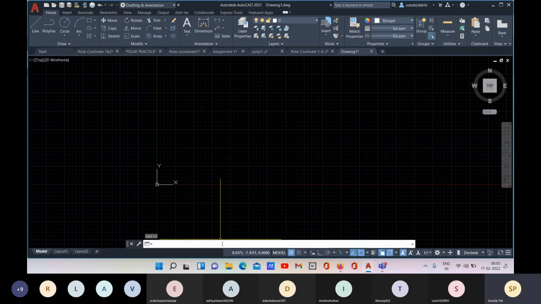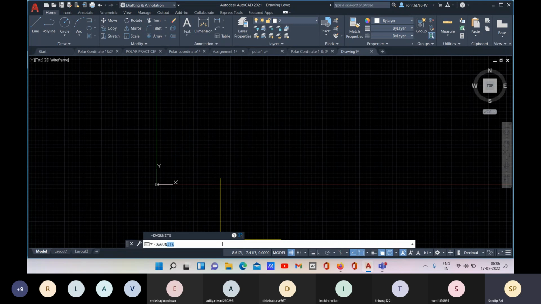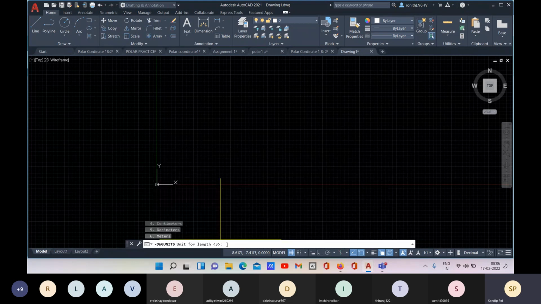And after this, you need to type dash DWGUNITS to set your drawing units. This is for drawing units, okay? So initially you will set it. Here you have all these options. For inches, you have 1, for feet, you have 2, for millimeter, you have 3, for centimeter, you have 4. So if I go with 4,